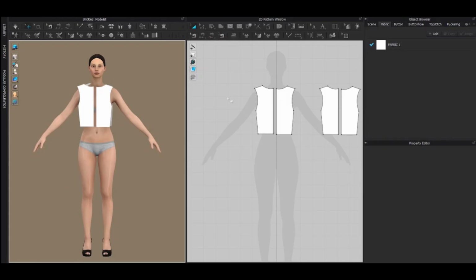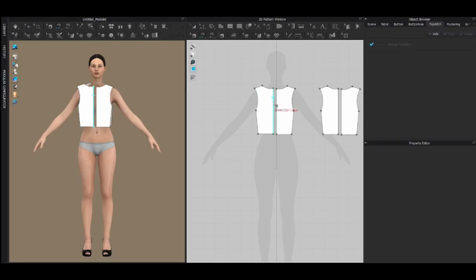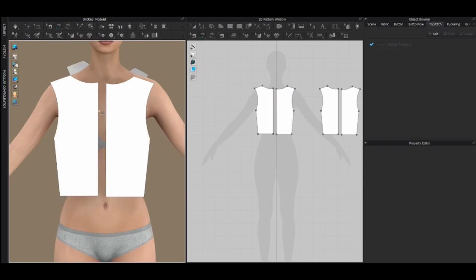For that you can also just press N, and we can stitch it on both sides in 2D as well as 3D. There is a rule in stitching: if you click here, you have to click on the same side. If you click here and then click here, your pattern will not get stitched properly. I will give you an example. We click here and in the same position here, so you can see that the lines are coming in a straight way.